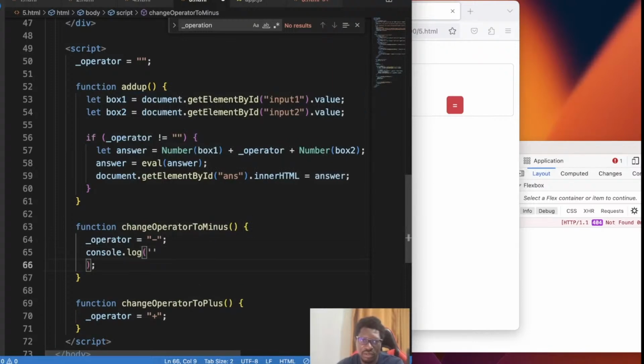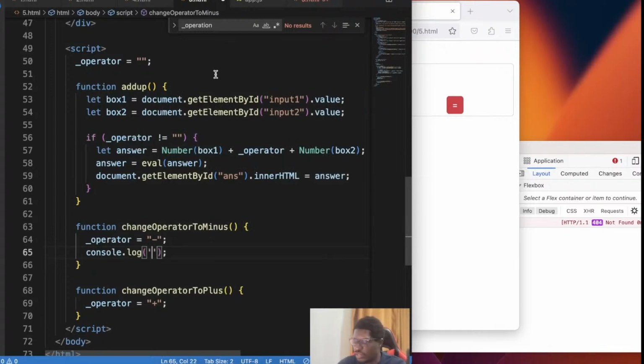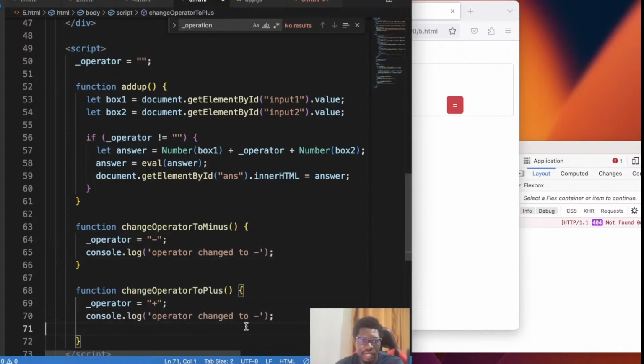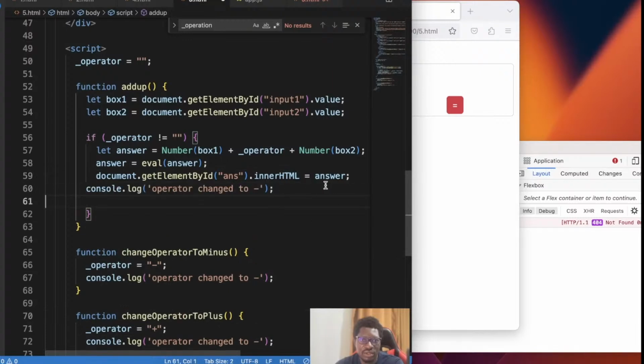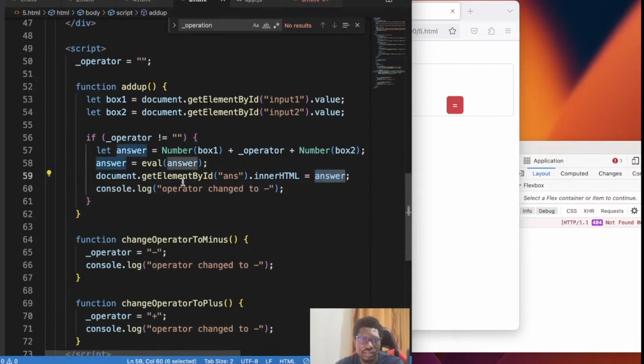You can type it in yourself. I'll also say changed operator, changed to minus. I will do this for plus, and then whenever it has done the answer, I'll put this in the console that my answer